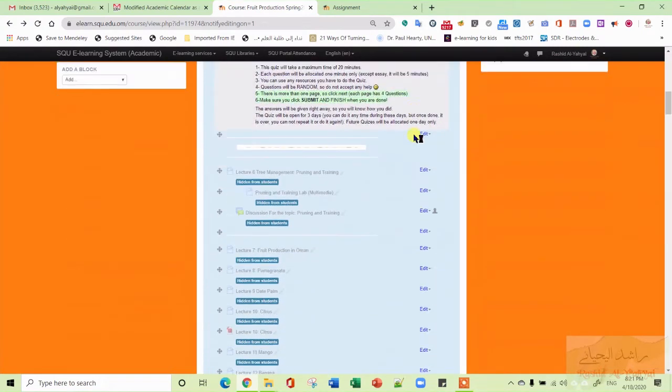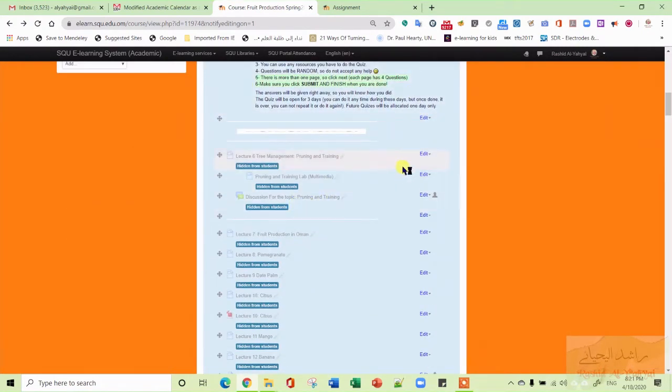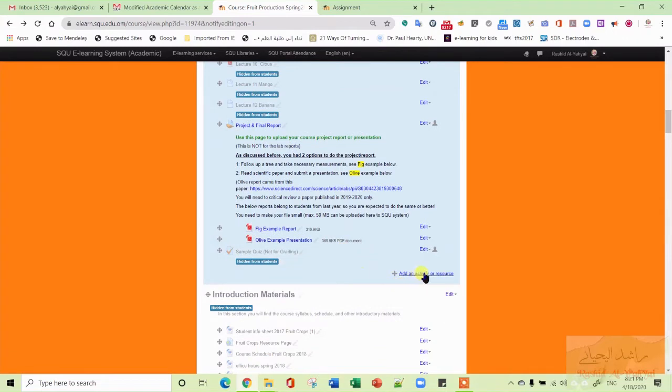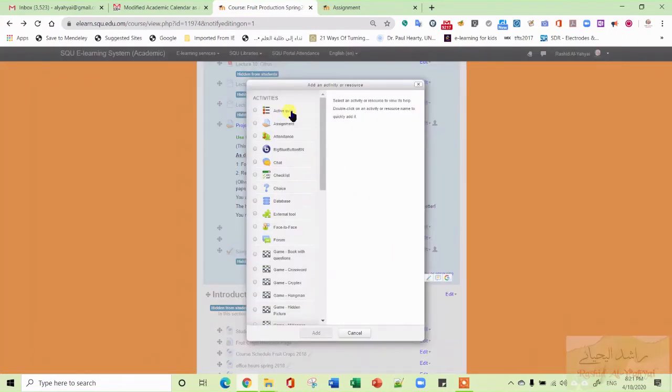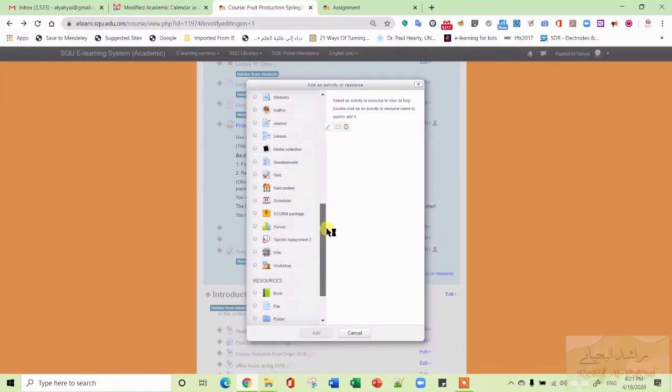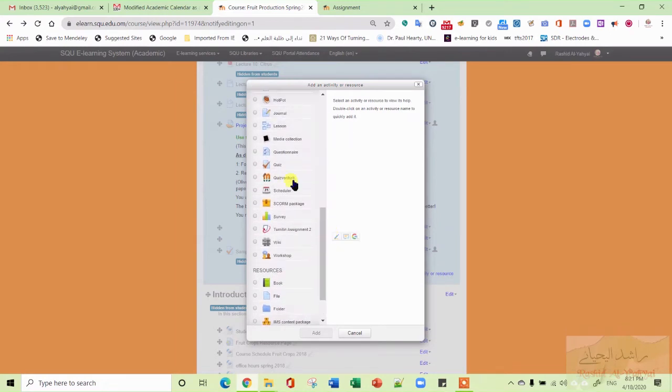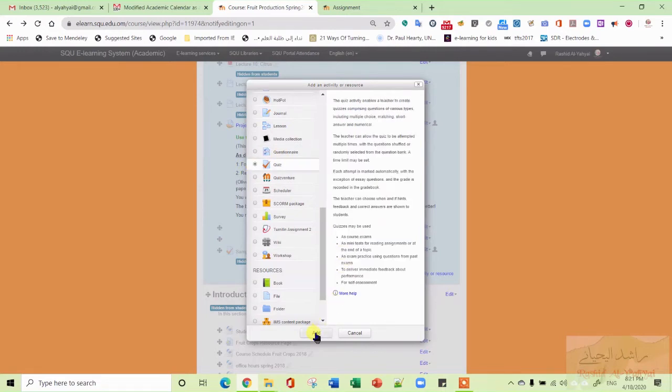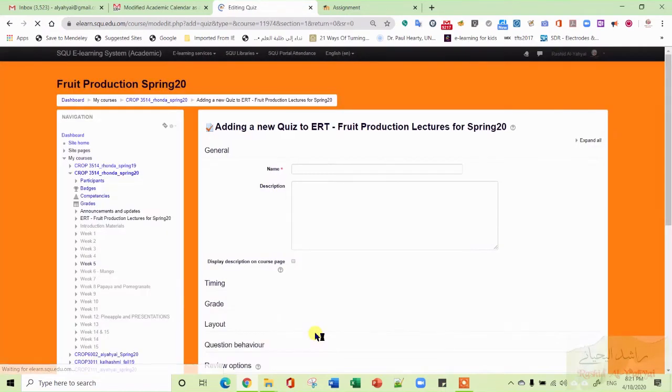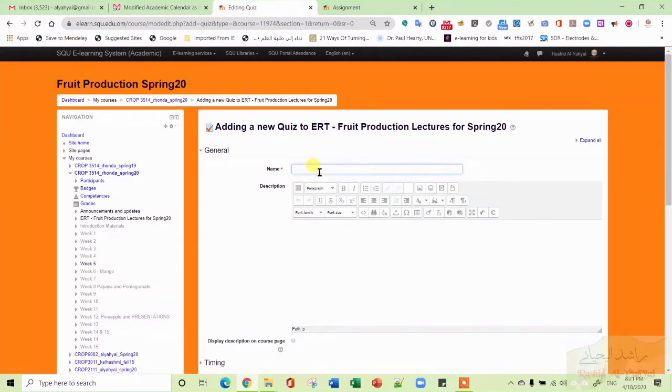Then you go to a section where you want to add your quiz, and then you add activity or resource. And here you have different activities, different even quizzes. There's active quiz, and there is a questionnaire, and there is a quiz, and there's another kind of quiz venture. But what you need is really a quiz. So click on that. That will set you up a page for the quiz, and you could name it anything